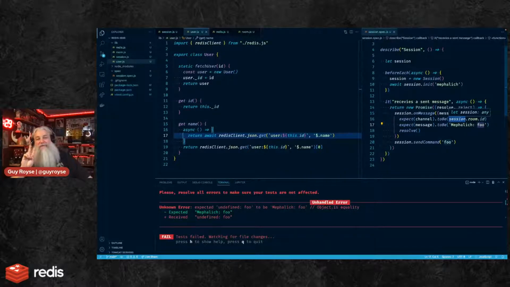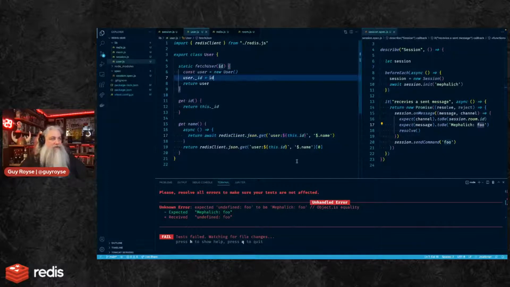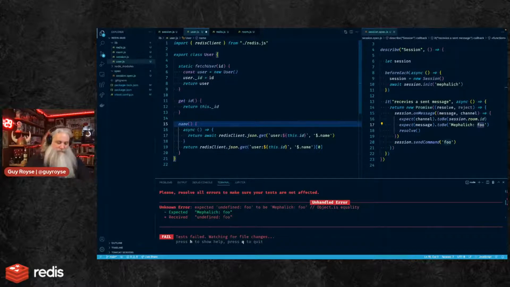Okay. It's either a bad pattern and I should just be storing things and then refreshing them periodically, or I need to not use getters. So I could say name like that, and then I could just mark it as async.